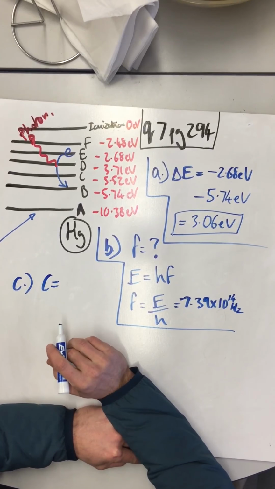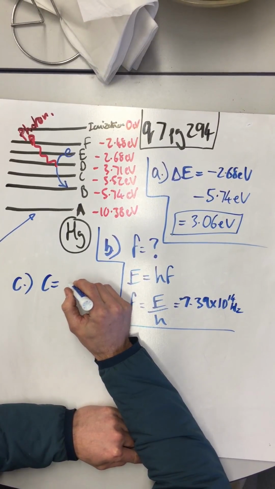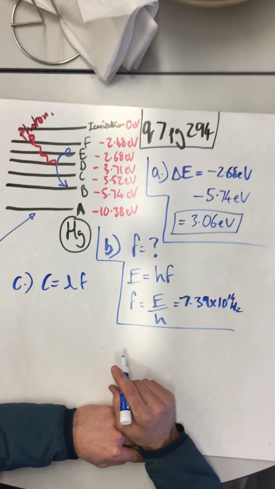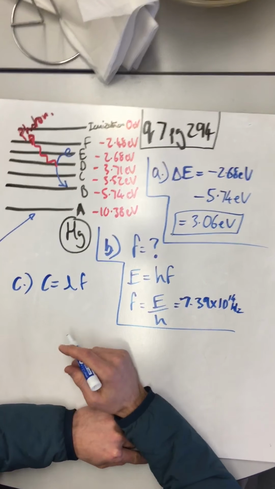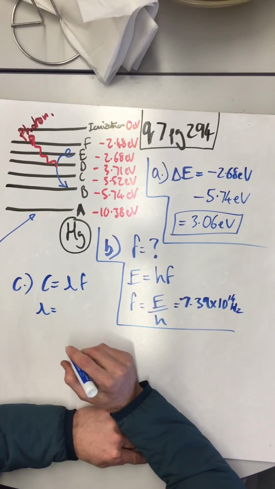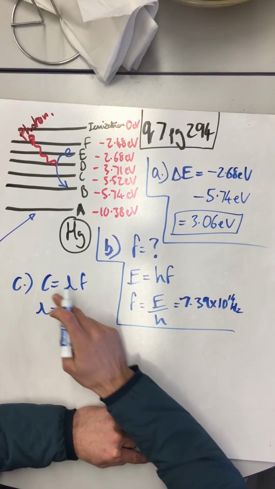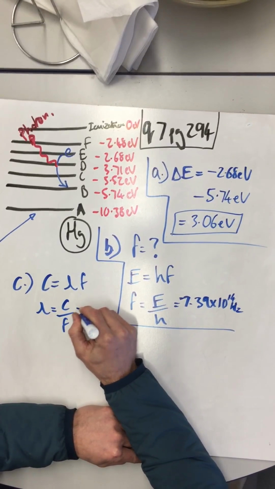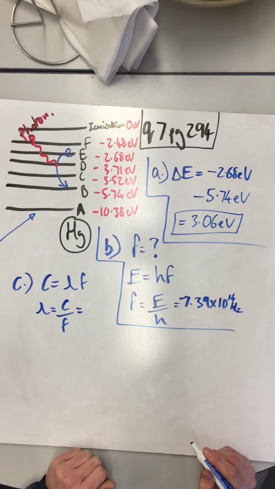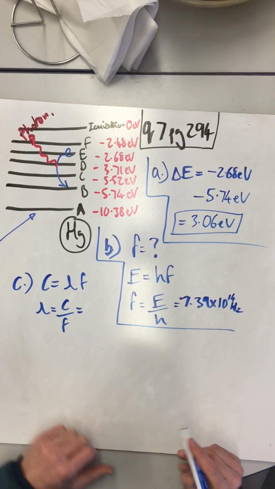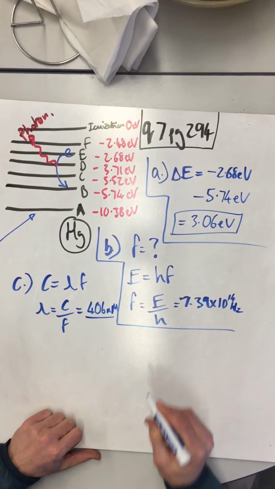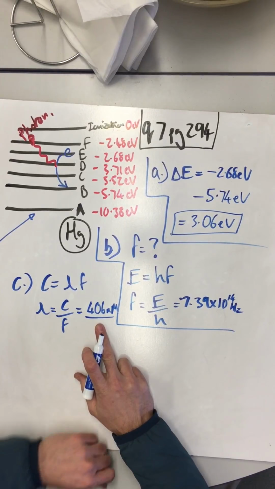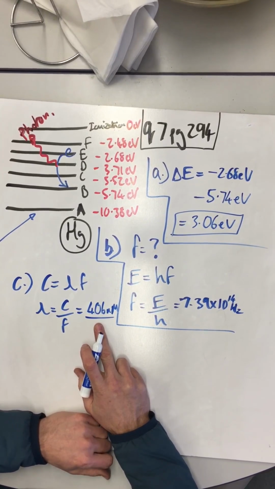The speed or the velocity of a wave is equal to lambda times the frequency, and we just worked out the frequency, and the speed of light is constant, so lambda, which is the wavelength, is the speed of light divided by the frequency. Easy. Okay, that gives us, what does it give us? It gives us 406 nanometers. Already I'm looking at that number and going, yeah, that makes sense, because I should know, as a memory,